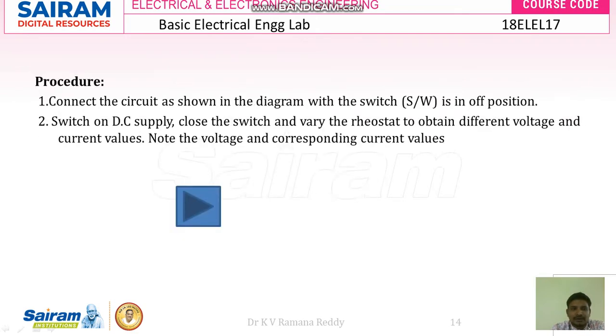Next, look at the procedure of how we connected this experiment. Connections are made as per the circuit diagram, and once we throw the MCB, that is miniature circuit breaker, the supply is given to the incandescent lamp via a smart meter, which measures voltage, current and power factor. To perform this experiment, let us look at the following video.